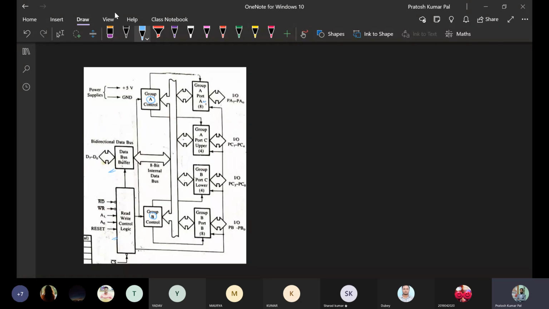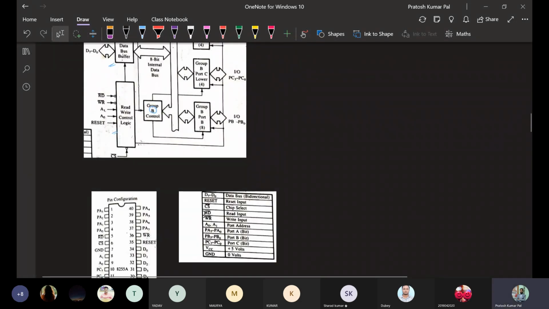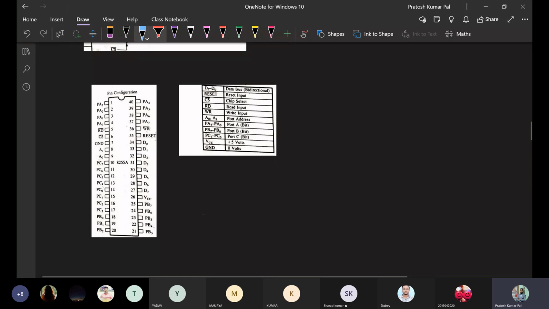These ports will be working as either input mode or output mode. That means if this port is working in input mode, whatever device is connected to this port will be working as an input device. If this port is configured to work in input mode, then whatever device is connected to this port will be working as an input device. So from there the microprocessor will know whether the connected peripheral is an input device or an output device. That will be decided by 8255. After combining this, we can get the pin diagram similar to this. So this is the pin diagram,